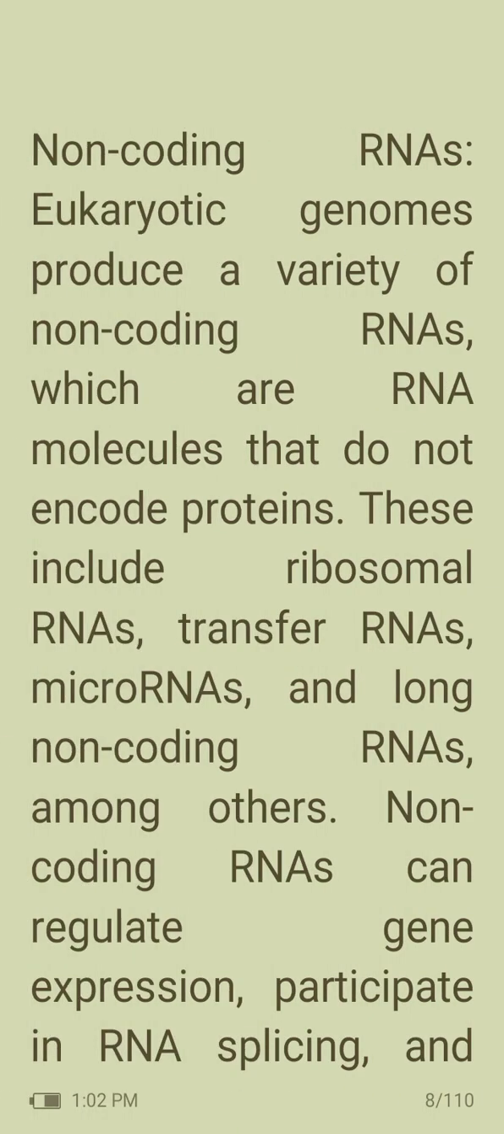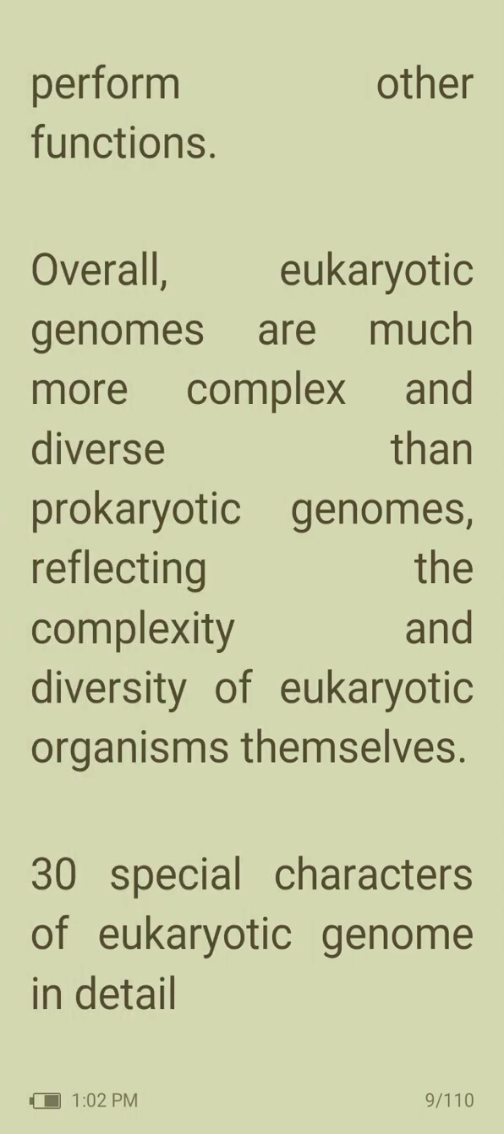Then non-coding RNAs. Eukaryotic genomes produce a variety of non-coding RNAs, which are RNA molecules that do not encode proteins. These include ribosomal RNA, transfer RNA, microRNA, and long non-coding RNAs, among others. Non-coding RNAs can regulate gene expression, participate in RNA splicing, and perform other functions. Overall, eukaryotic genomes are much more complex and diverse than prokaryotic genomes, reflecting the complexity and diversity